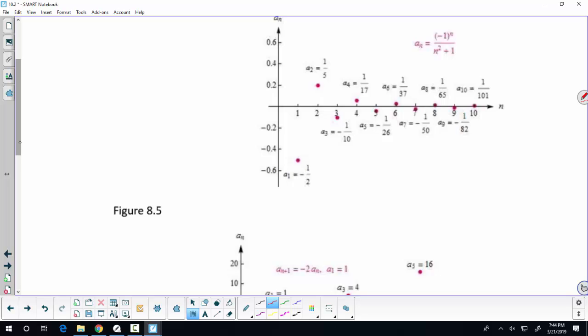It looks like it's getting closer and closer to 0. Because this one's down here, then this one's here, then it's like this, right? Converges, yeah, probably to 0. But it's converging via